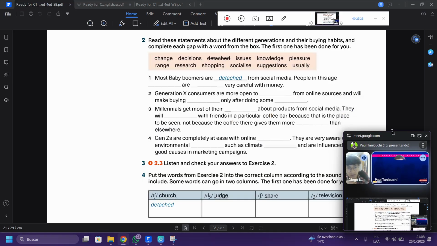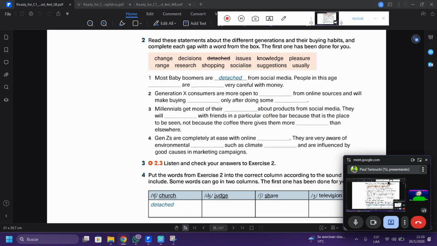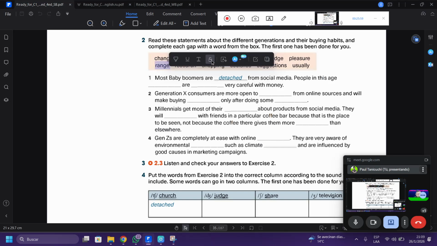Next, Generation X. Generation X consumers are more open to suggestions from online resources and will make buying decisions only after doing some research. What do you think? Let me cross out these words, range and usually.